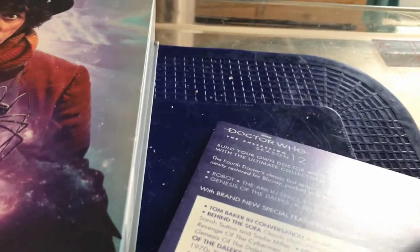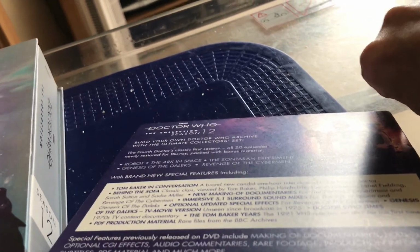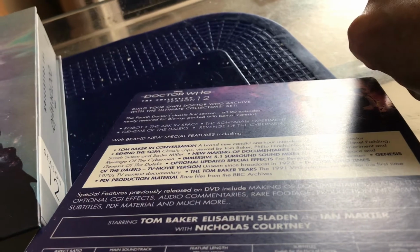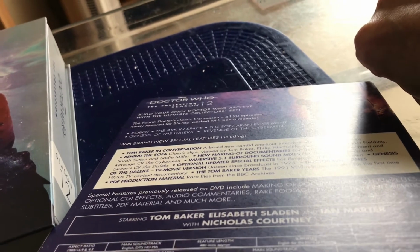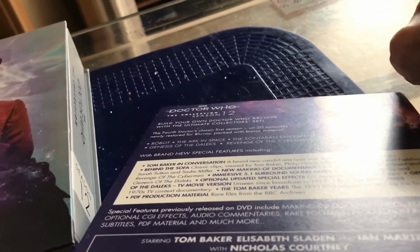So it's easier to actually see with the Blu-ray set inside, but it takes you through all the stories contained within the set. So you've got Doctor Who season 12 and all the stories in the season, which are Robot, the Sontaran Experiment, The Ark in Space, Genesis of the Daleks, and Revenge of the Cybermen. Now the Ark in Space actually comes before the Sontaran Experiment, so please excuse me getting them the wrong way around. You'll notice in the white panel here